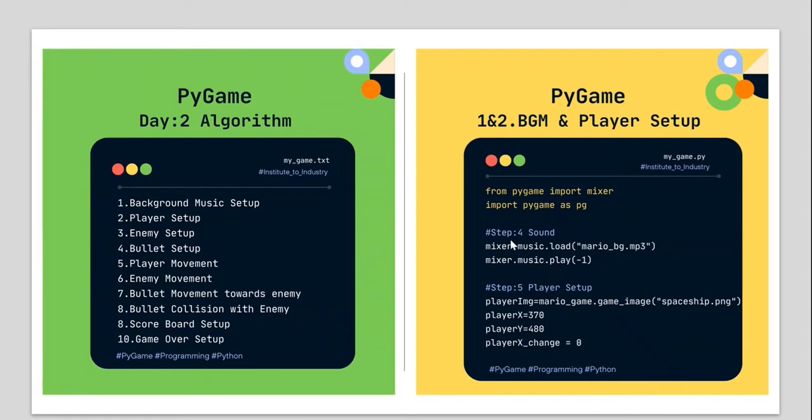So if you see here, this is the step I'm explaining. Initially we are importing this mixer library, and PyGame also we are importing as pg. So we can use pg.mixer, and that is fine, or we can use this way also. It will work. And the player setup, the first thing is the image needs to be loaded for that game